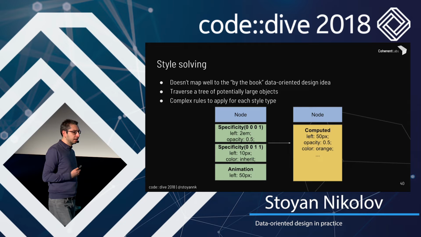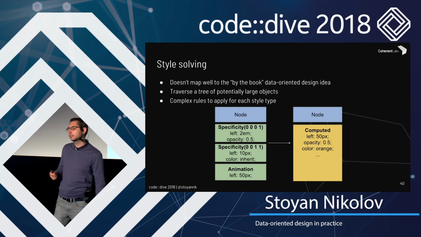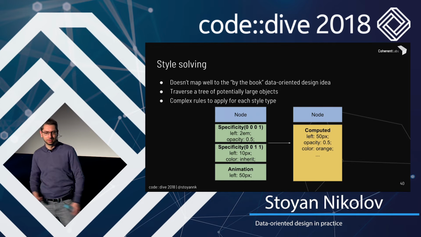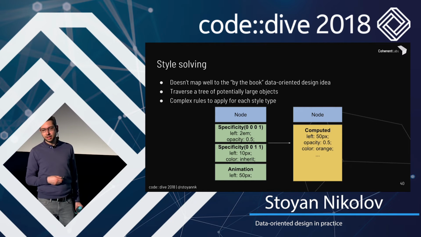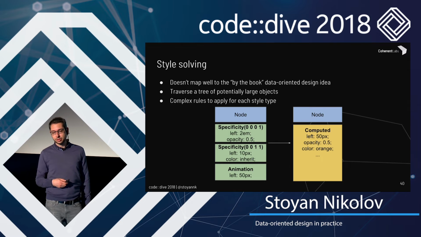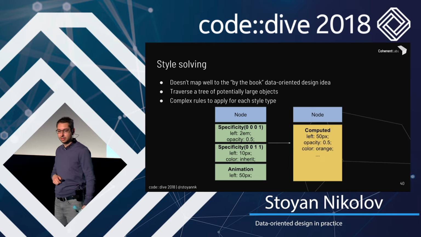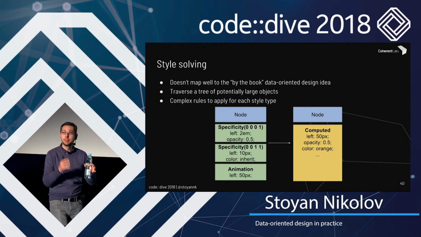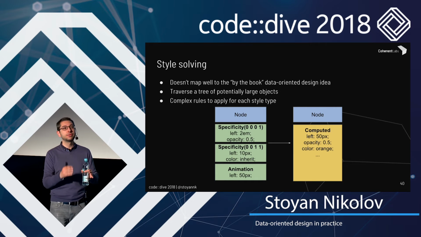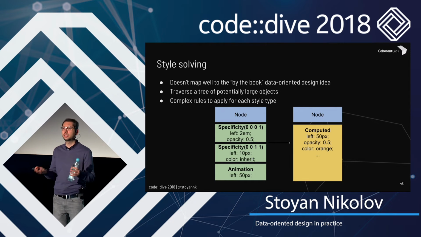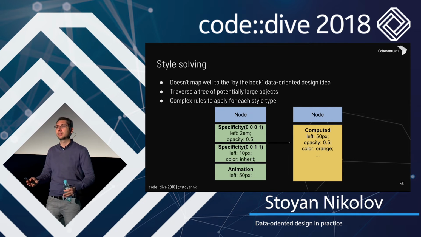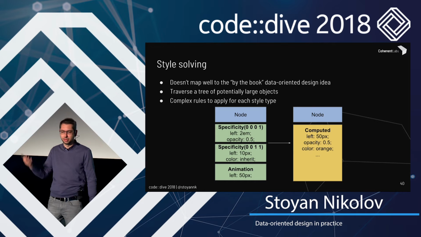The style solving is a system that assigns styles basically to every element. And the styles are the color, the position, and so on. And there is a fairly simple algorithm to do it. So it's simple in theory. It's very complex in practice. But you have matched a bunch of styles. So there are some styles that want to be applied on that element. Each of those has a specificity, which is how important it is. And you want to combine those and put them as the new values of your element. So it is fairly simple in principle.